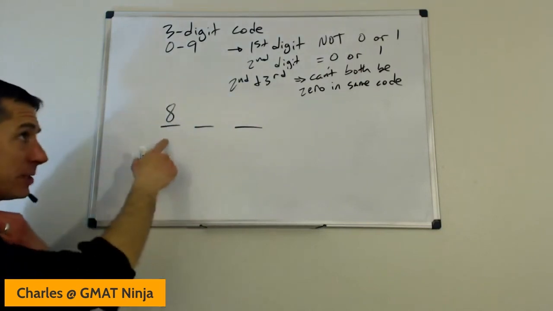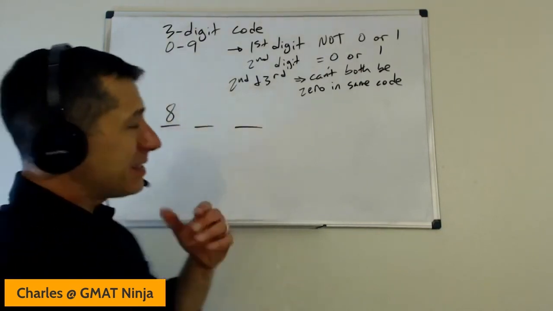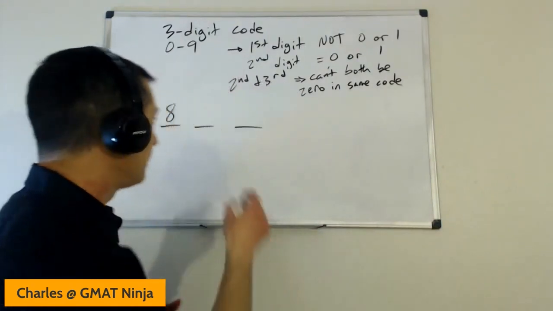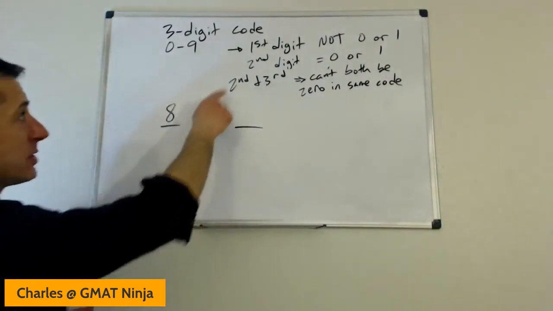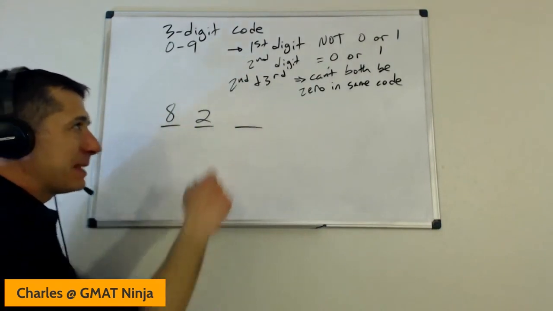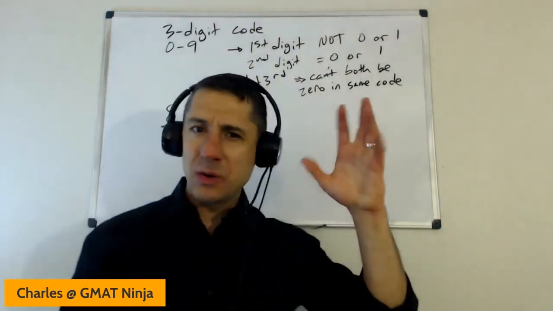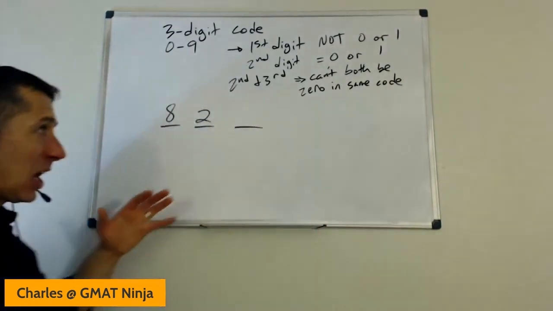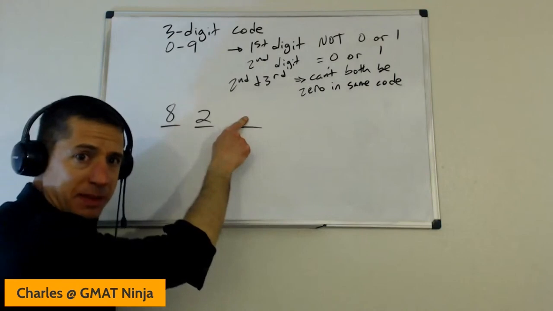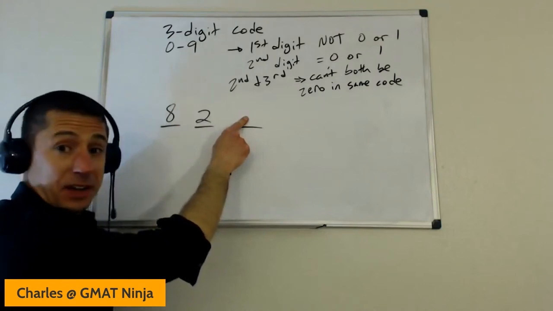8 options for that first spot. Now, here's what I would actually do, or I think what I did when I first saw this question. 2, because there's 2 different options for the second digit. And then now these can't match, except it's not they can't match, they both can't be 0. So now it's getting kind of fiddly there. And I'm not sure what to put here. And I think that's where most people who might be fine on a simpler one are going to start train